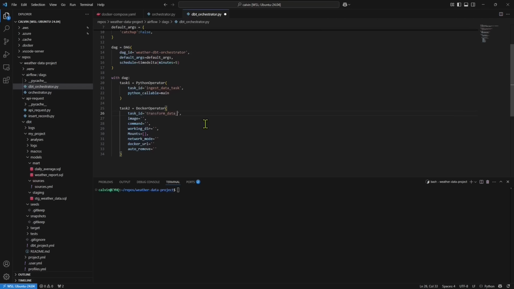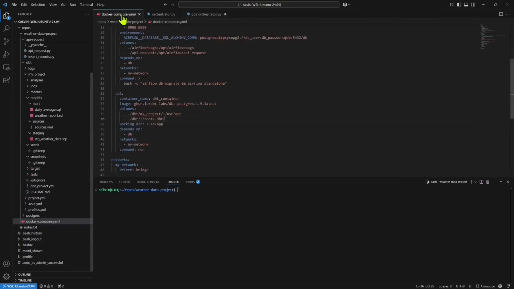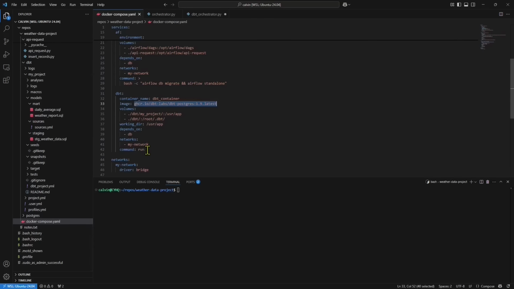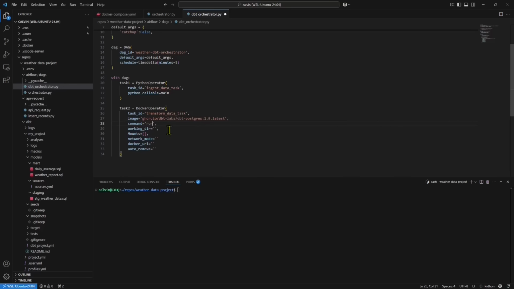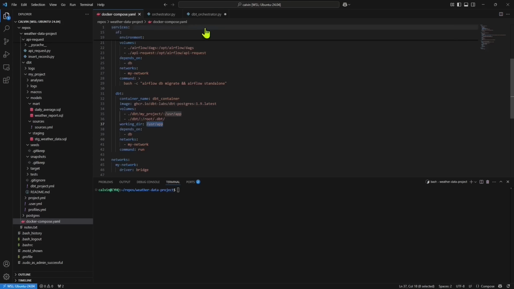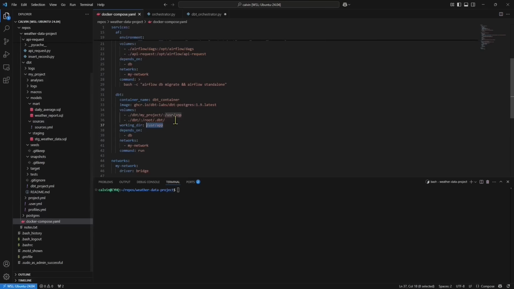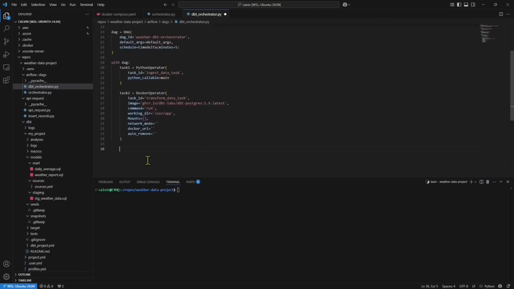For task ID, let's call this transform data task. The image we're going to get from Docker Compose, and I'm going to copy this and paste it here. The command we're also going to get from Docker Compose. It's going to be run, so paste it here. The working directory, also from Docker Compose, paste that there. The mount are going to be our volumes, so let me copy this and just paste it down here